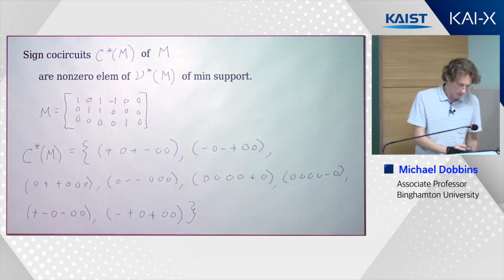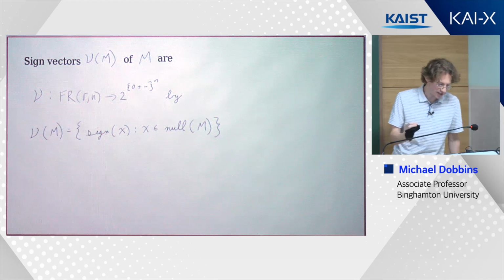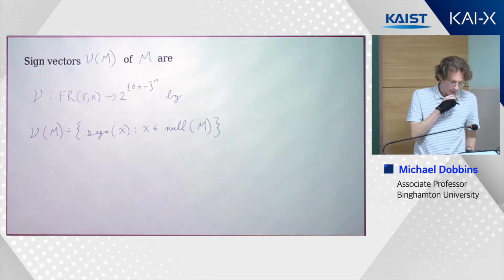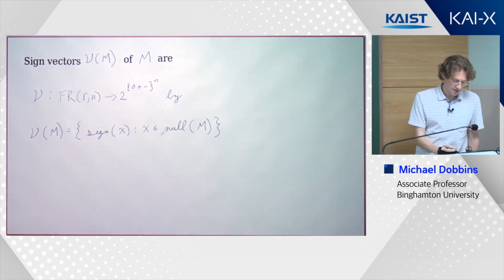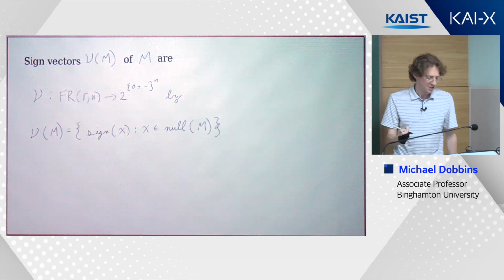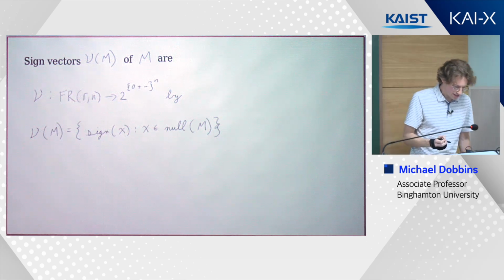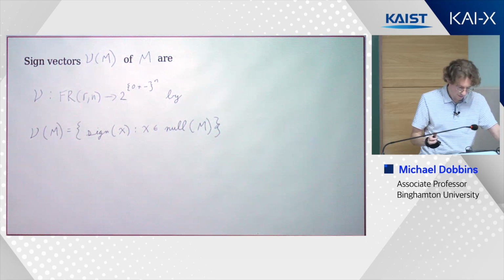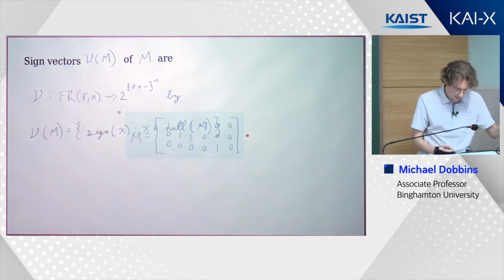Okay, so now we can go to another related object. And we can also think about those same questions for this one. So the sign vectors of the matrix, this is the sign of every x where x is in the null space of M. So in this case, if I just bring the same matrix here,